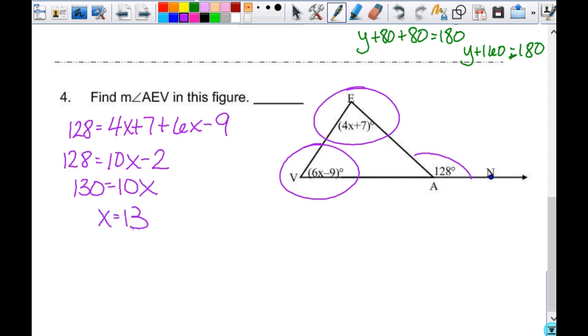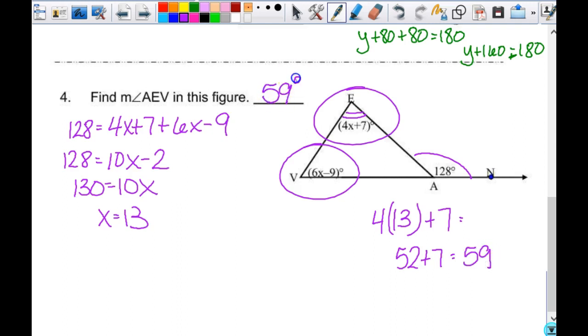Okay, so it doesn't ask me for x, it actually asks me for angle AEV. AEV is this angle right here. So I need to do 4 times 13, plus 7. So 4 times 13, 2 times 13 is 26, double that again, and get 52 plus 7. So that's equal to 59